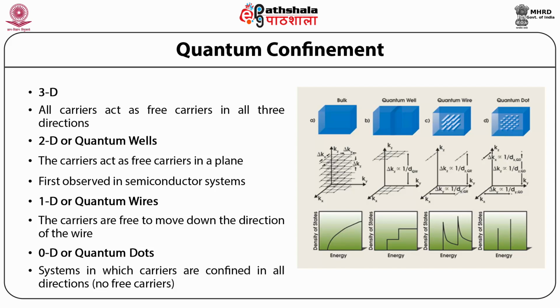So students, you can see the figure on the right hand side showing the density of states in energy for a semiconductor as the degree of quantum confinement increases. On the left in figure A, it shows the continuous nature of the bulk material. Figure B depicts confinement in one dimension. Figure C shows two dimensions, and figure D shows the density of states become discrete for confinement in all three